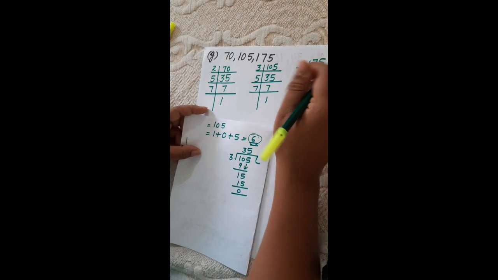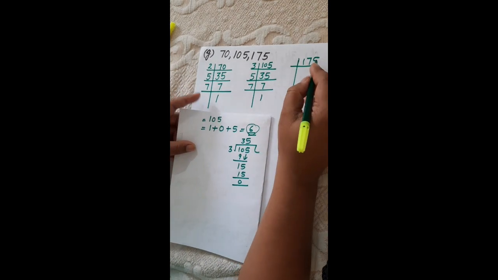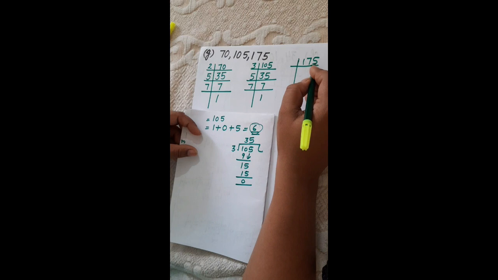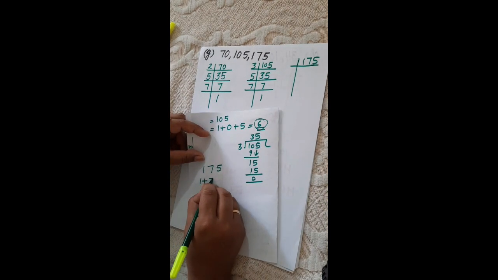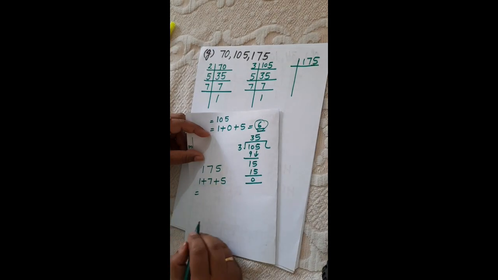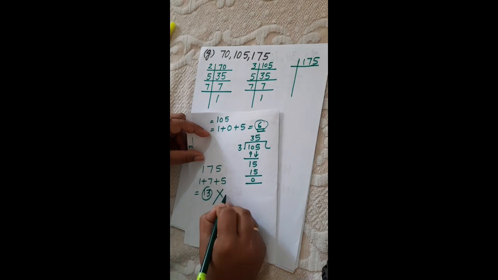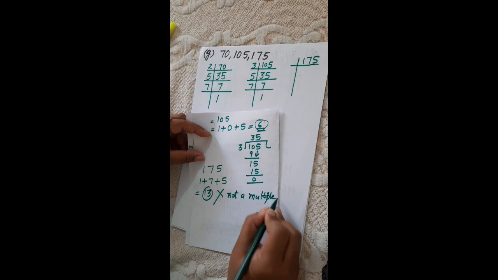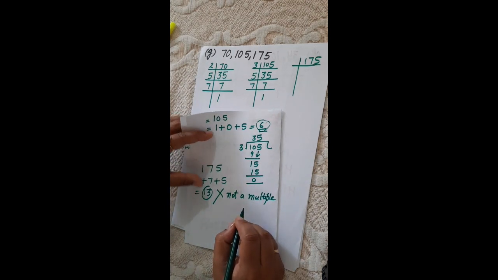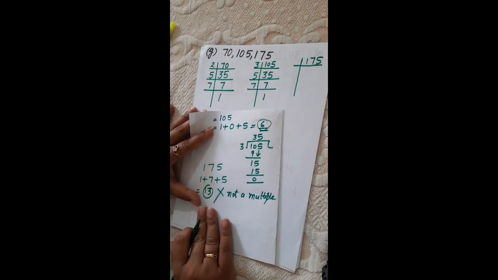We always start prime factorization from the smallest prime. Here we have 2, and the digit at the ones place is 5, so it is not divisible by 2. For 3, let's check: add all the digits. Then we will get 13, which is not a multiple of 3. When you use such a divisibility test, it saves your time. Whether you divide by 3 first, you are left with a remainder, then you will continue with the next prime factor. So this is the easiest way.